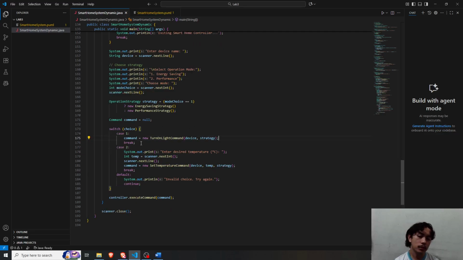And then if the user enters 2, he will be asked to enter a desired temperature.